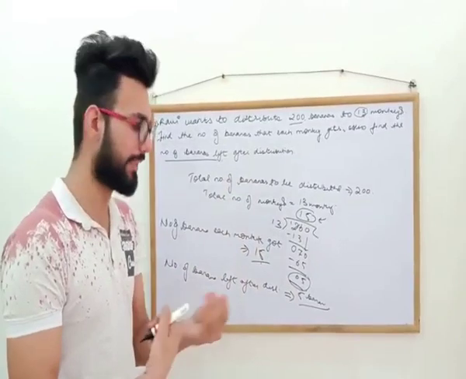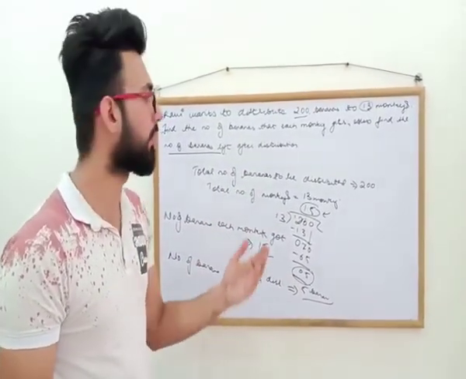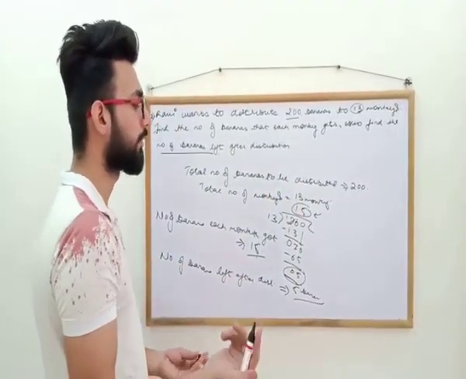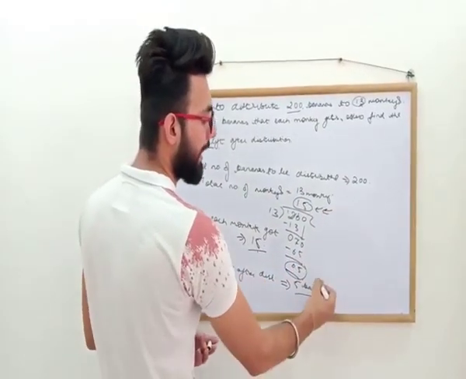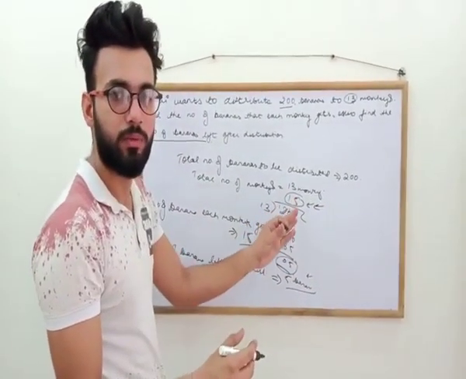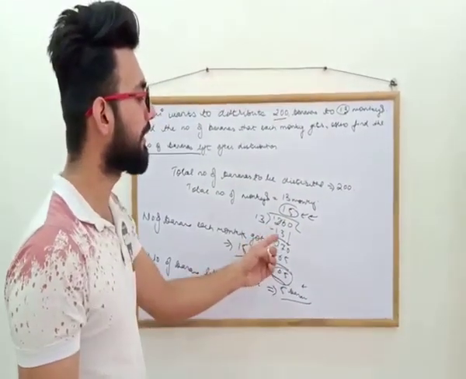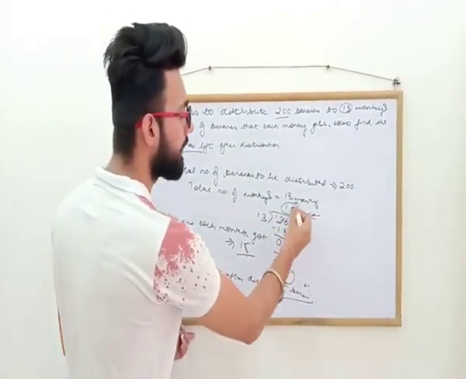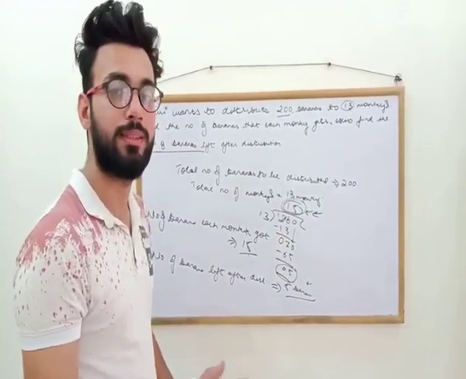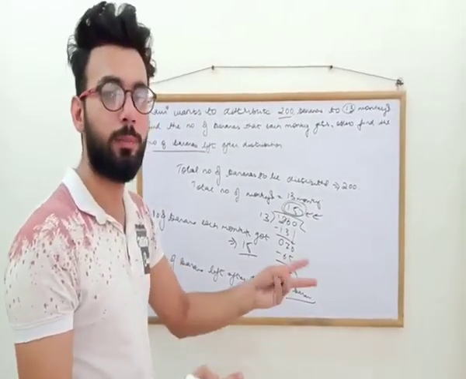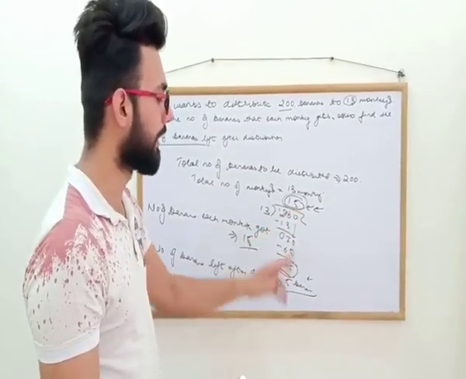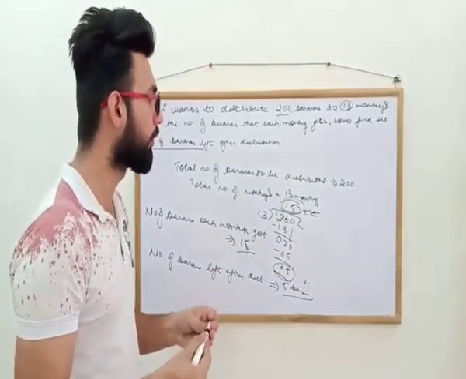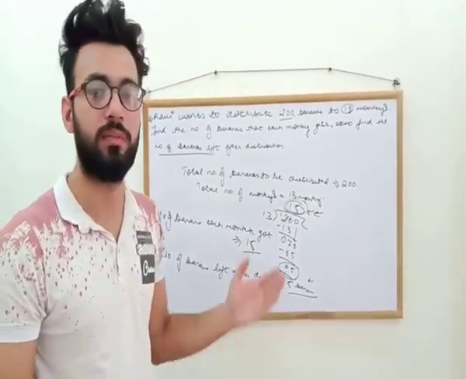So this is the basic and the most typical sort of sum in which you need to find the number of bananas and the remainder. A person can even ask a question that you need to find the quotient and the remainder. If not leftover or distributed, the question may ask what is the number of bananas in the quotient side? The number of bananas in the quotient side is 15, and what is the number of bananas in the remainder section? That is 5. So you need to know both ways. You need to always remember that this is known as quotient, this is remainder, this is divisor, this is the dividend. Okay, so I hope you got to know how to divide and how to solve word problem division.